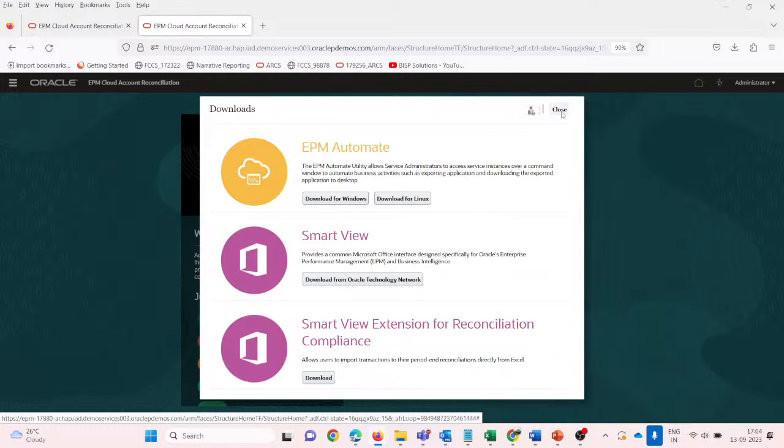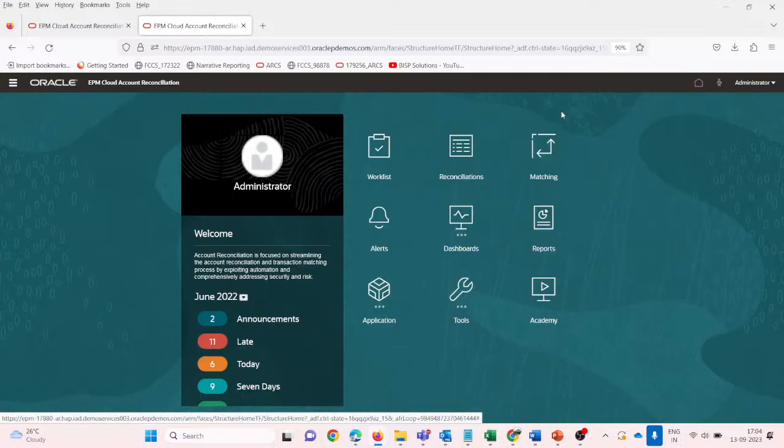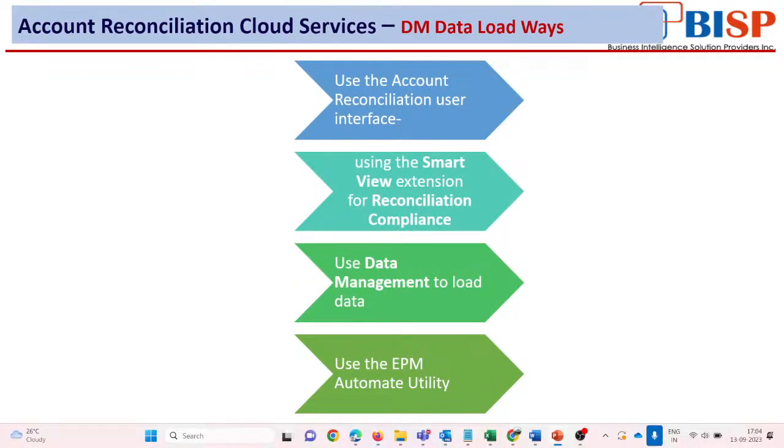Smart View is nothing but an Excel version for uploading data and connecting with the ARCS application. The third one is data management to load data, and the fourth one is